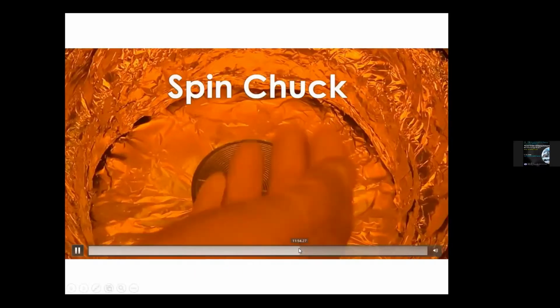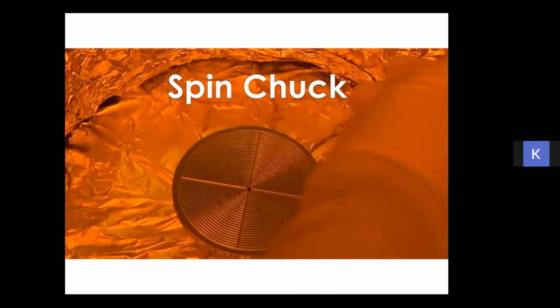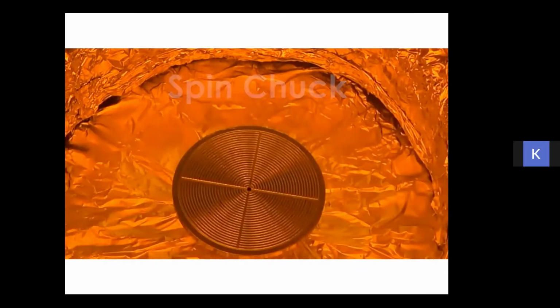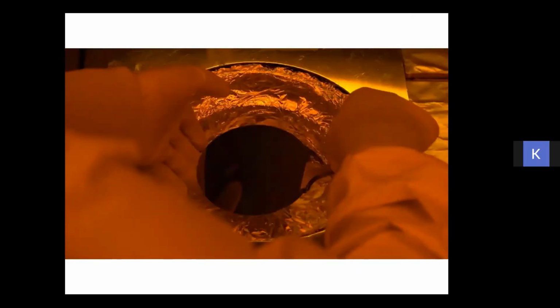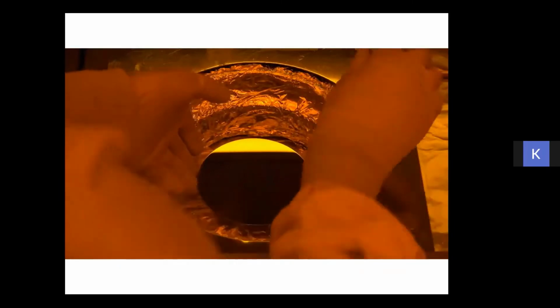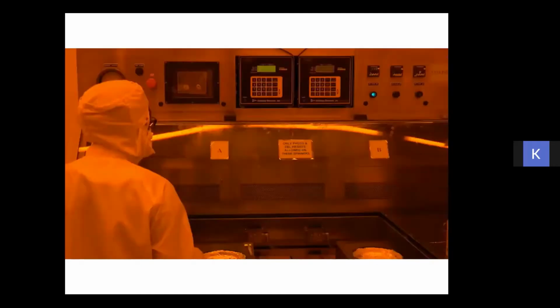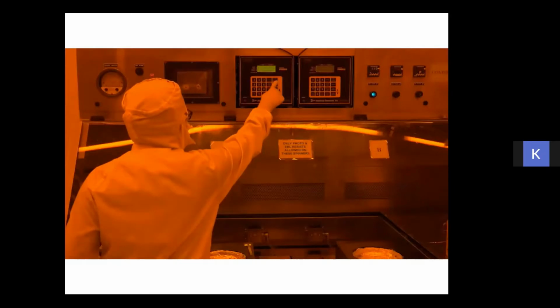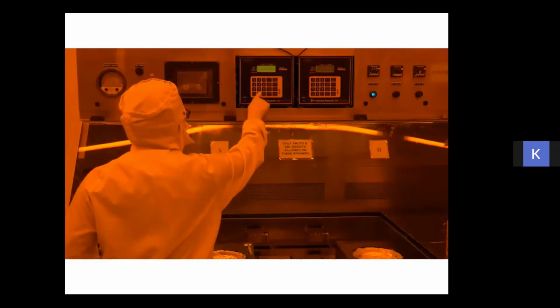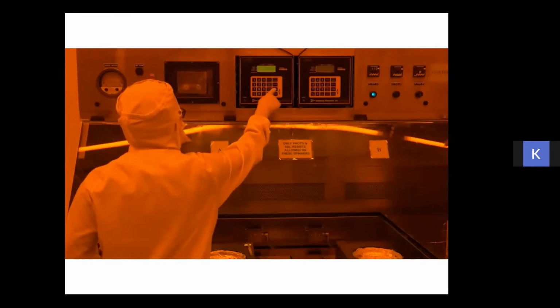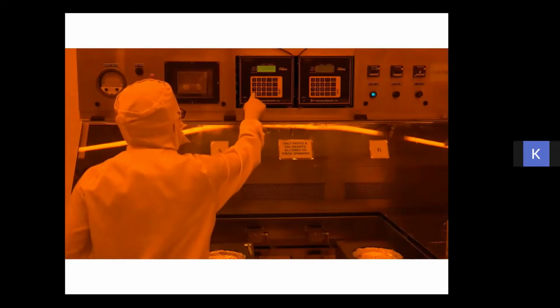So this is the chuck of the spin coater. You have a hole inside, just at the center. Actually, that is connected with a pump. So whenever you place the wafer on the chuck and you switch on your vacuum pump, it will hold the wafer on the chuck. Now you should keep in mind that the chuck is clean enough so that there is no tilting of the wafer on the chuck. Now you have to put in the desired speed and time, and that can be programmed in a spin coating system.